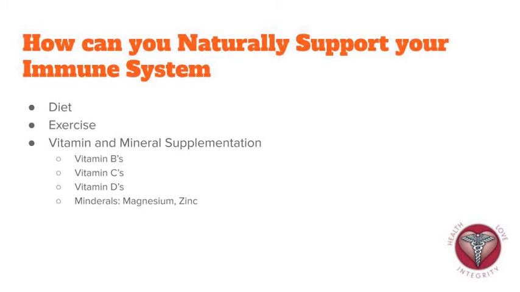All of these play an important role in trying to support the immune system in times of illness. Vitamin C, which is also a potent antioxidant, can be obtained from citrus fruits, vegetables, and even through supplements. Vitamin D is a fat-soluble vitamin or a hormone, which is cheapest when you get it from the sun. And other minerals that support our immune system would be magnesium and zinc.